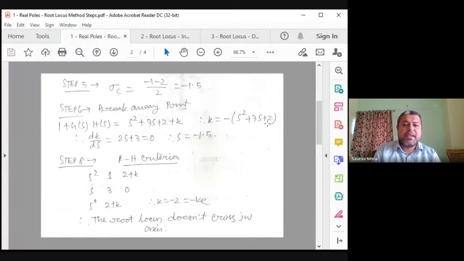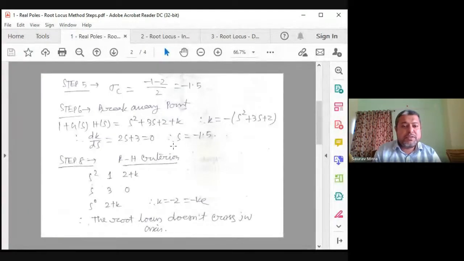Okay, or the same thing can be written as S square is equal to, just you can remove the minus, because you have to differentiate it. Now if you are differentiating it and making it equal to 0, then the negative goes away. So what you have to do next step is dK/dS is equal to 0. So you can keep this minus, and whenever you are doing it equal to 0, it becomes only the differentiation of S square plus 3S plus 2.